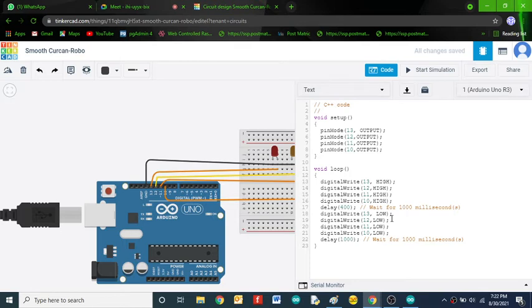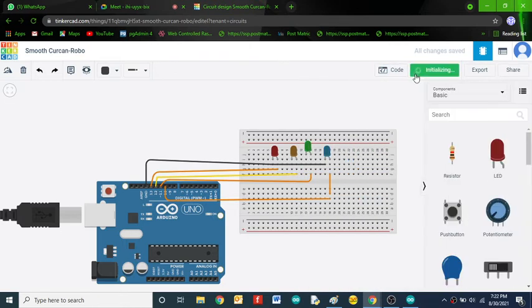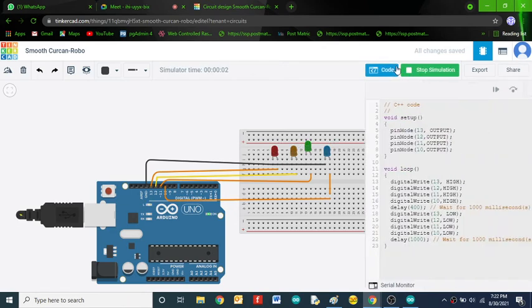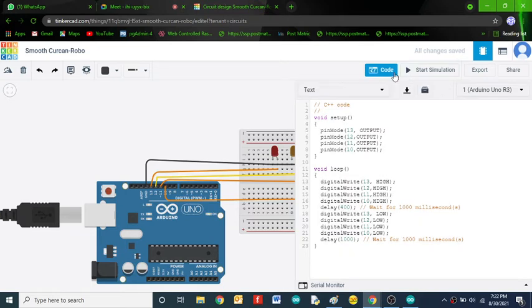Okay, now let's see whether it will give the correct result or not. So all LEDs are turned on at the same time, so I'll use 1 second and here 100.